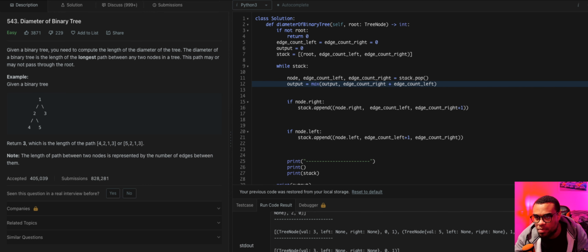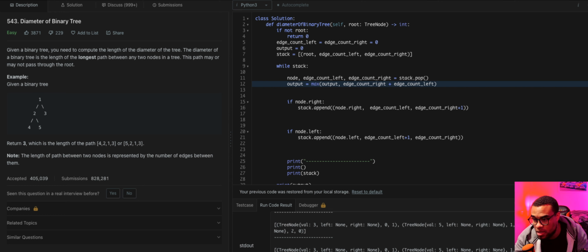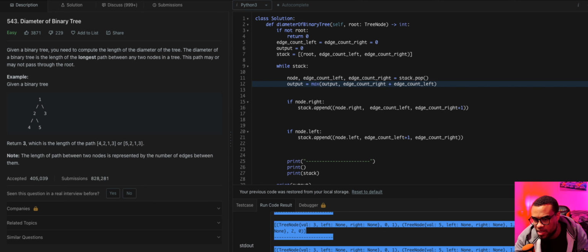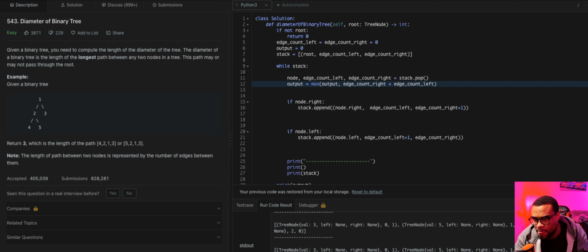Edge count right plus edge count left. As you can see, it's only adding these two together. It's not adding this and this. Yeah, okay. It's not adding the left subtree to the right subtree. It's like you're just looking at the left or something. Wait a